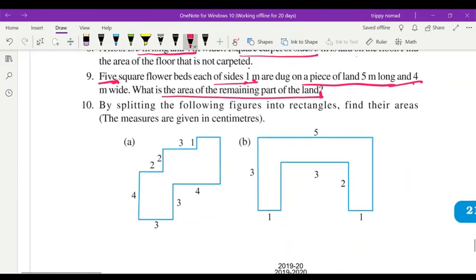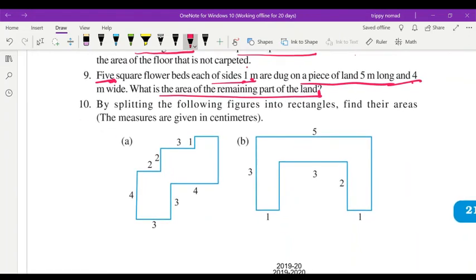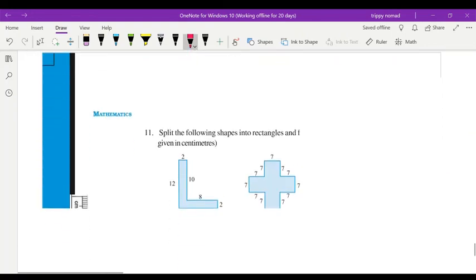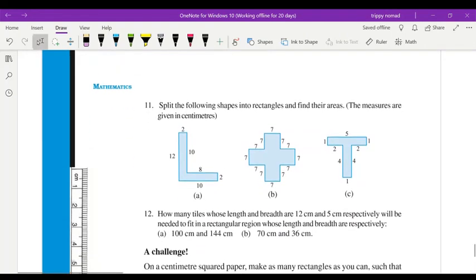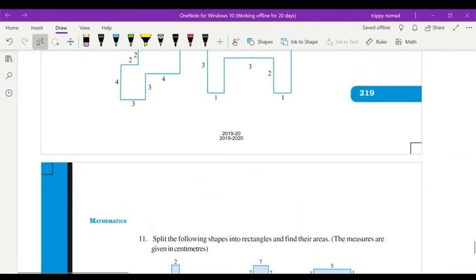So in homework I am giving you 10 sums. Okay, so you will do. If you are not getting the answer, then I will explain how to do it. Okay, so you try to complete question number 10 in homework. Otherwise, in the next video, we will do the remaining sums.